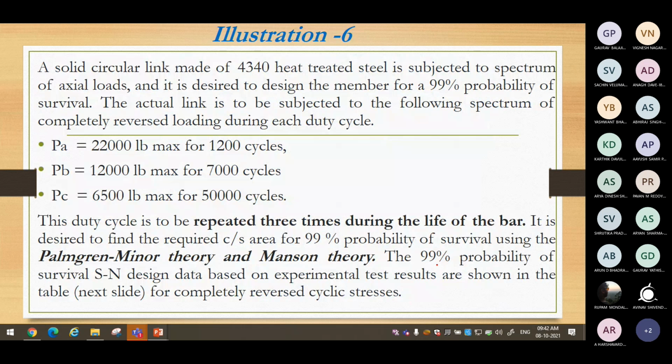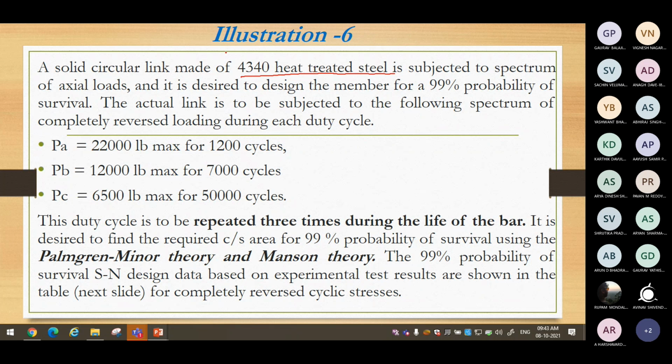The solid circular link made of 4340 heat treated steel. You see, material is given. The same problem I can rearrange also. If you want to go like MD1 approach, machine design approach, we can just change. We may say that design a solid circular link with suitable material. If I say that, you have to assume a material and take the corresponding material property from the data sheet. This understanding you should have. I assume here in this subject that you know that MD1 related aspect. Therefore, we are not making things complicated here. We are just explaining the concept here.